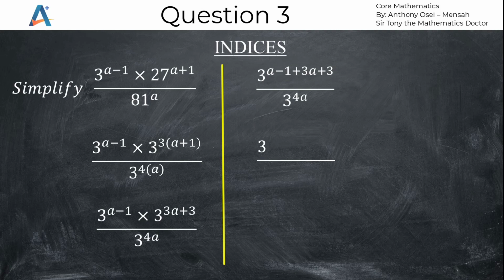There is one thing that you have to know: the base 3 will continue in the process or in the solution until we are sure the base 3 with the power can be converted into a whole number. Until then, please always bring your base because there cannot be a power in mathematics without a base. So base 3. Now the powers can be grouped in terms of like terms because we have letters or unknowns